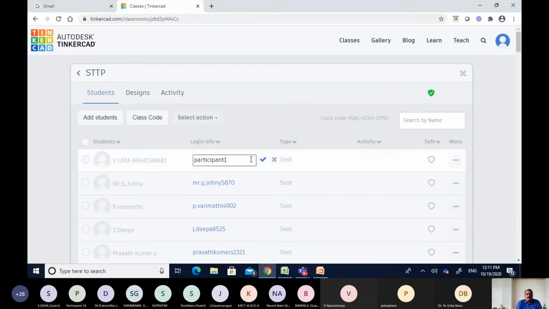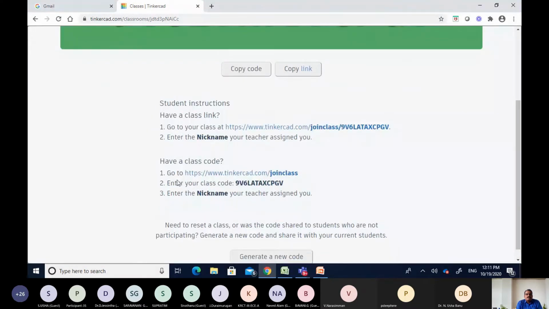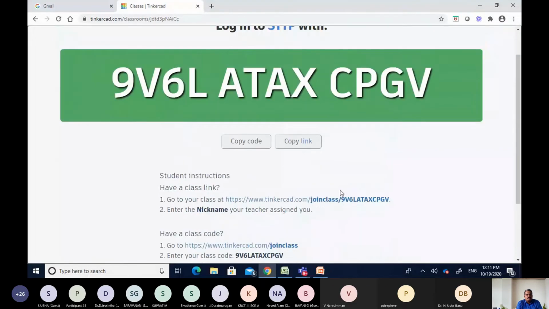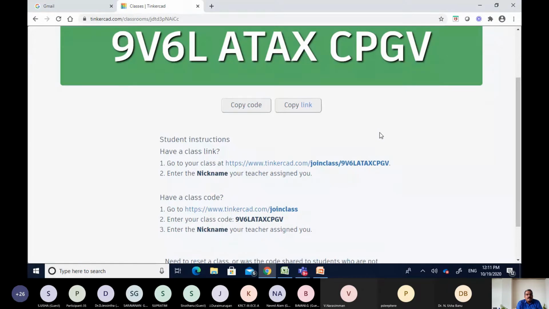Once you create this class, you can click the class code. This class code and the steps have to be shared with the students. The student has to use this class code to join the class, and give the nickname given by the teacher, which is the one we have generated now.